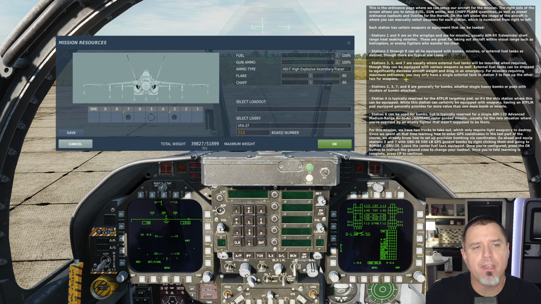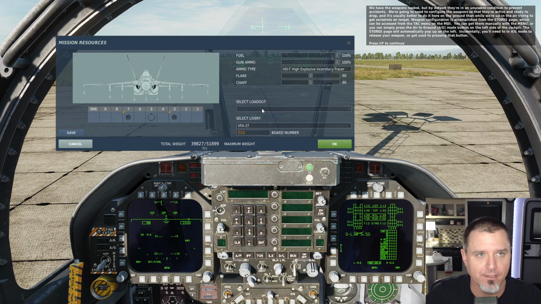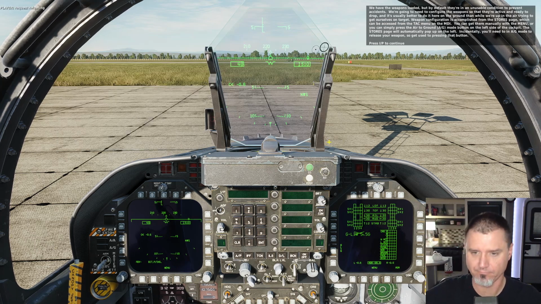We're not going to sit through this entire block here. He basically just explains what each of the pylons are for, and then has us put two 500-pound bombs on Stations 3 and 7, and see that down here. So we're just going to go ahead and get the weapons loaded, but by default they're in an unusable condition to prevent